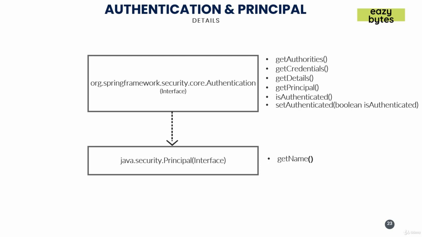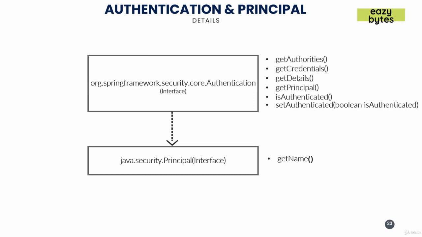We have seen in the previous videos, both in the authentication manager and authentication provider, there is a method called authenticate, which accepts and returns an authentication object. That means this authentication object is very crucial to the framework whenever it wants to perform any authentication of a user. So let's try to understand what this authentication object is and how it is different from the user details